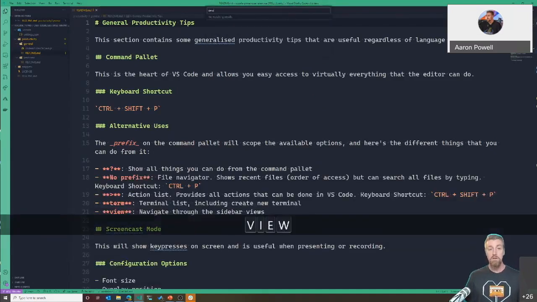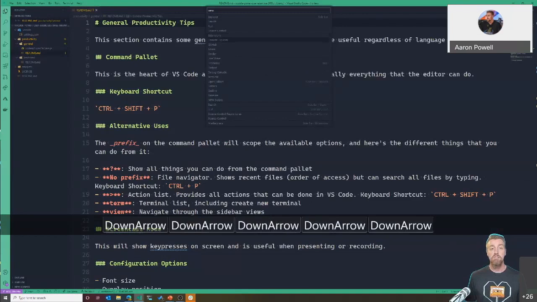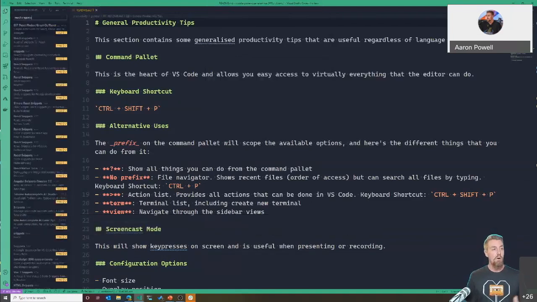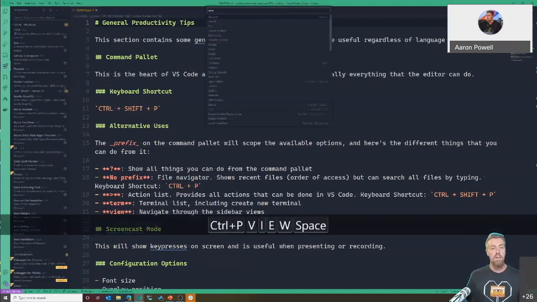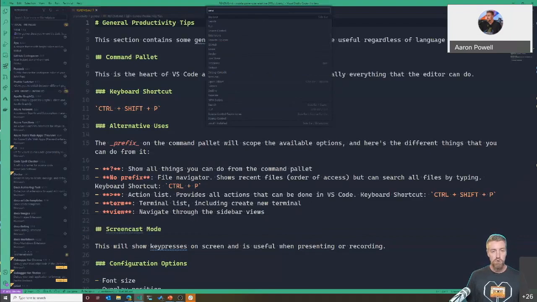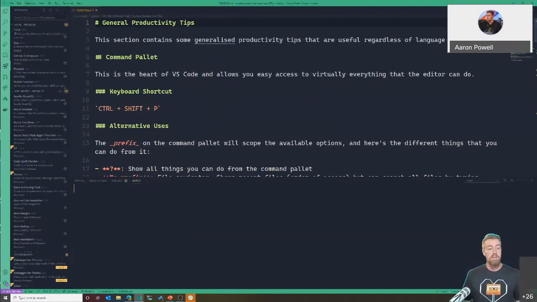The last thing is if I type view, this gives me access to the sidebar. Everything that's available in the sidebar, including what extensions are provided, I can navigate through. So if I wanted to jump through to, let's say, extensions, I can jump to that. And now I am able to work inside of my extensions there. Come back to view and then say, let's jump through to the output. Output, there we go. This is like if I had a compilation step, then I could jump through to the output window and see that there. Okay, navigating around the editor as fast as is relevant for me, but entirely from the keyboard.